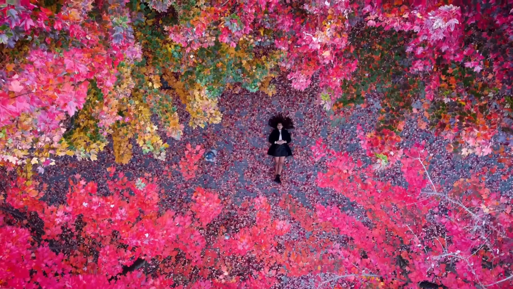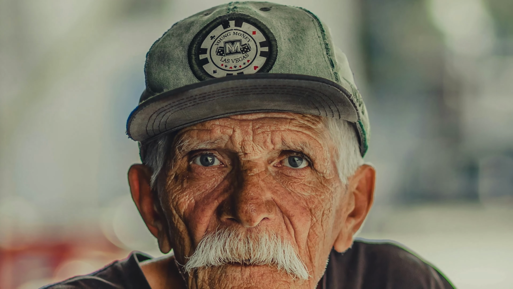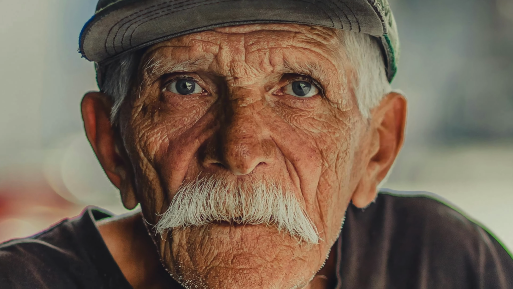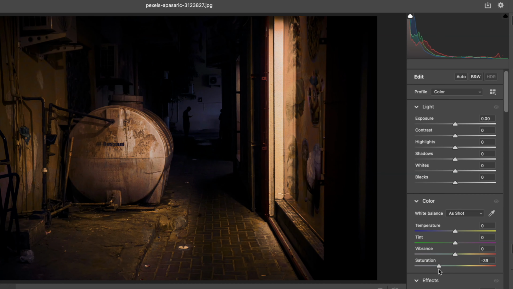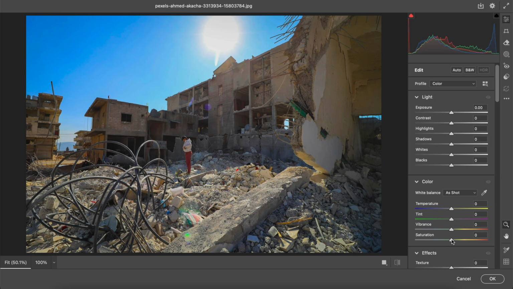So here, the color is the hero, which is why if that is the aim of your photograph, we turn it up. But if the answer is no, then color just becomes a distraction. And in this case, we're going to dial down the saturation. For example, if the story is about the wrinkles on a face or the shapes in a dark alley, then bright colors are just noise. They steal attention from the texture, which is why we decrease it to let the real story come forward.